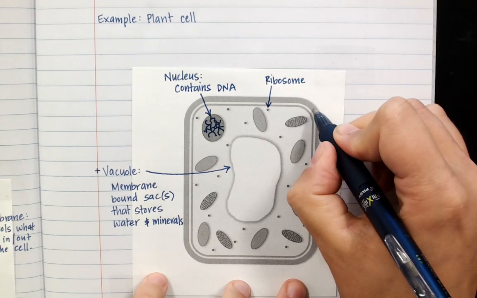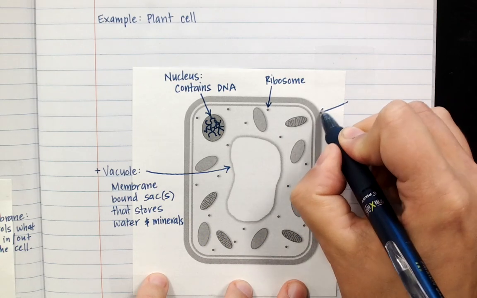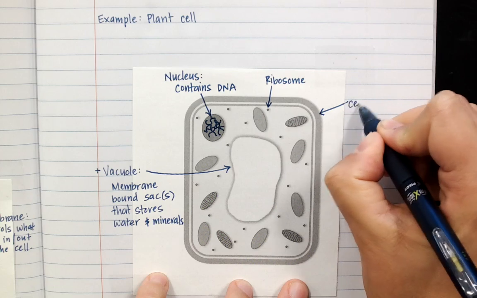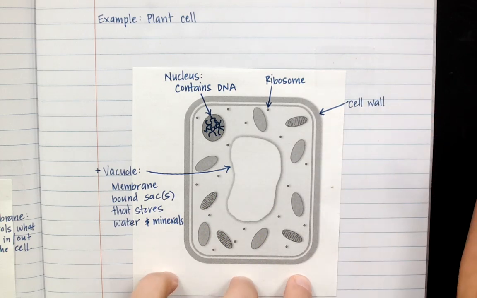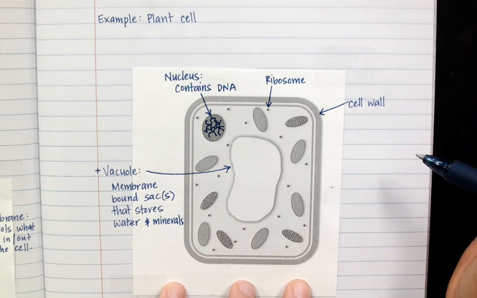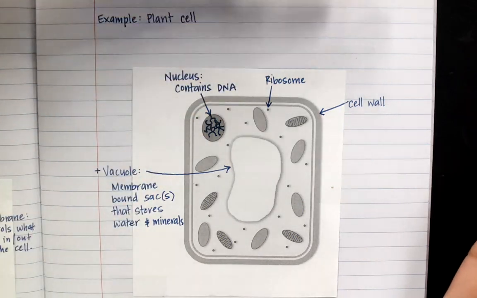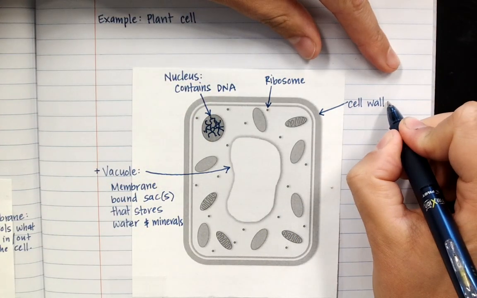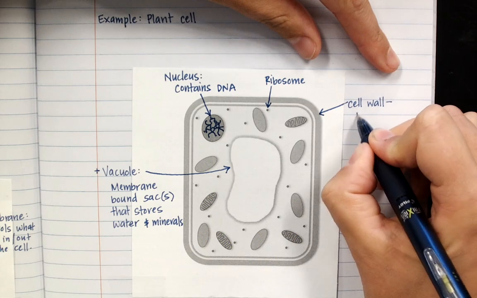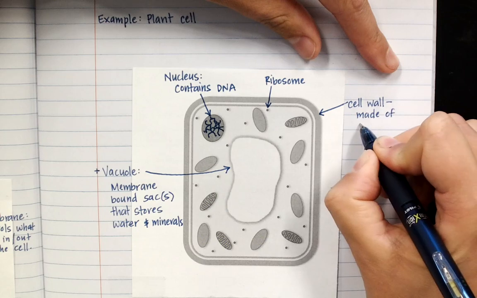Likewise, this outer layer is in fact a cell wall, and so I'm not going to define that one again. The thing about plant cells is they have a cell wall made of cellulose. So I am going to add that little addition. So cell wall made of